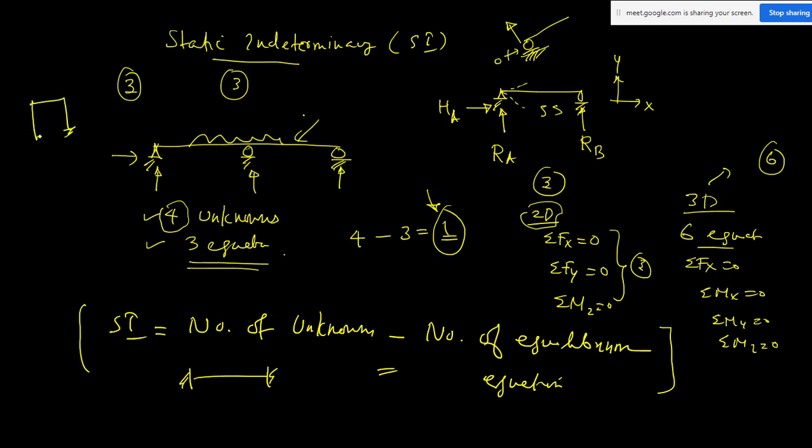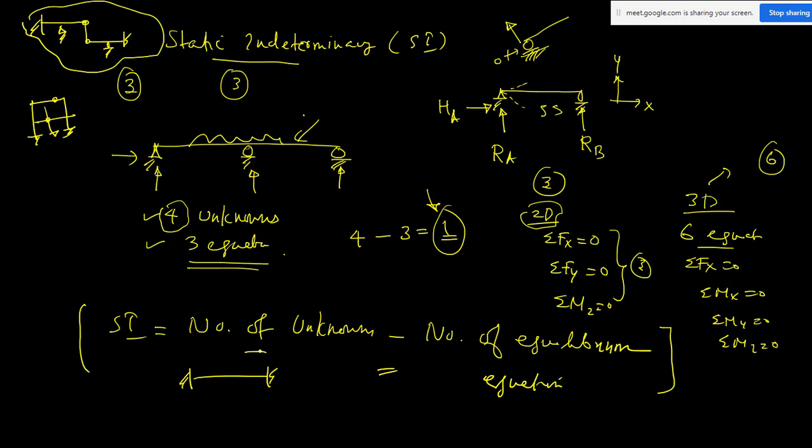You have a frame structure, and here we have some internal hinges, and you may get a beam problem like this, with some vertical links, this kind of thing. This kind of problem you will get when you come to exams like GATE or ESE. You will get confused if you go with this simple equation. You will not be able to solve any; you can solve only basic equations.